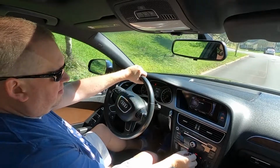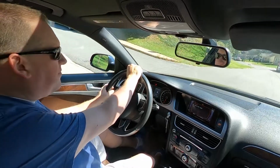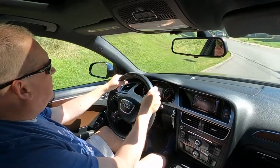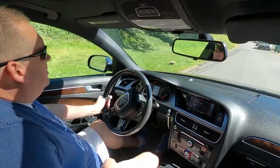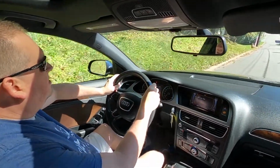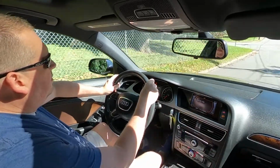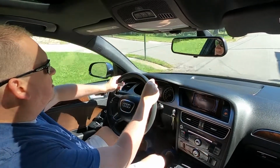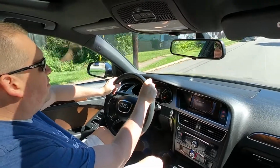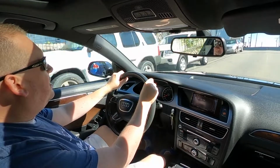So the most impressive thing about the Audi, like I said, it feels different than most cars. Can't really put my finger on exactly why that is. I mean, there's nothing overly special about it. 2-liter turbo. If you hear it vibrating on the video, that's actually my dealer plate in the back window, so don't think it's the car. Anyway, so what makes this car special is